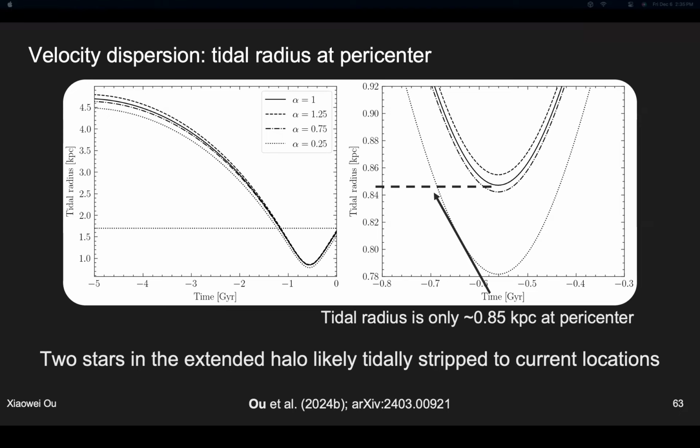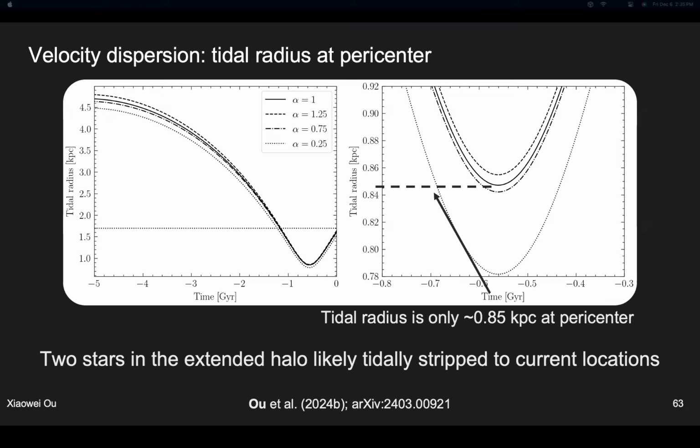So looking at where it was closest to the galactic center, and thus deepest in the potential well with the smallest tidal radius given the same dynamical mass, what we found is that the tidal radius is only about 0.85 kiloparsec at the pericenter. Now, that alone tells us that these 2 stars in the extended stellar halo may be tidally stripped to their